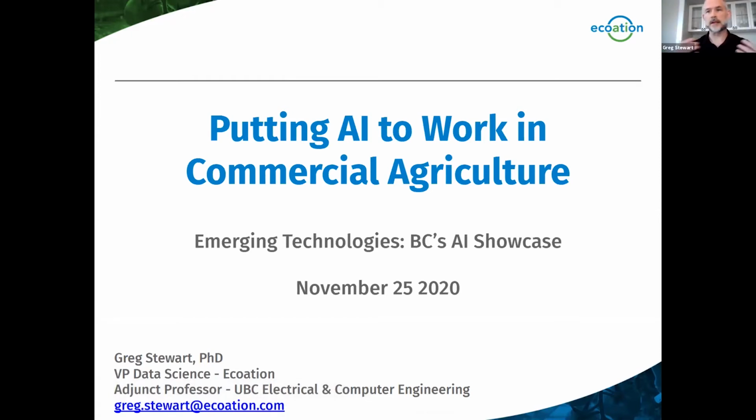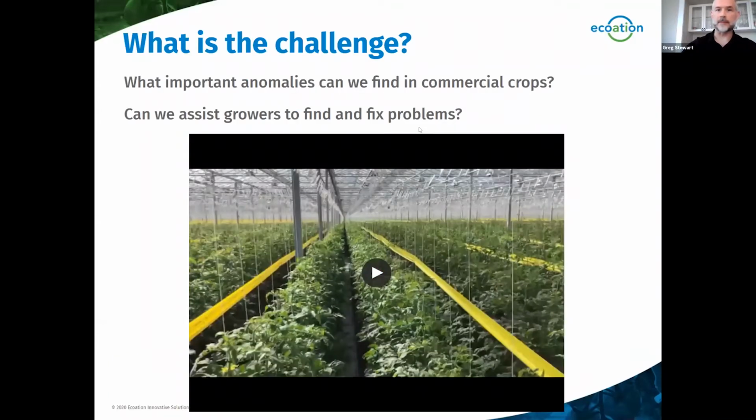Okay, so in a few minutes this morning, what I really wanted to do was to give you guys an overview about what it is that we're trying to do with AI and really start from what problems we're trying to solve for agriculture, and then how the various techniques can fit together. We end up solving a broad array of problems here, so there will be a different set of techniques that we talk about, but really this is a picture of a commercial greenhouse that I want to start with, just to give you a sense of what the scale of the problem is.